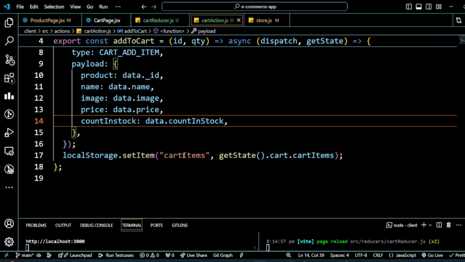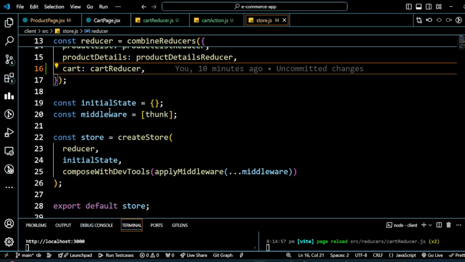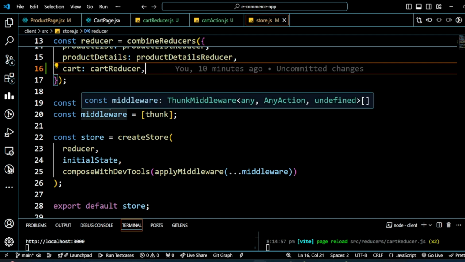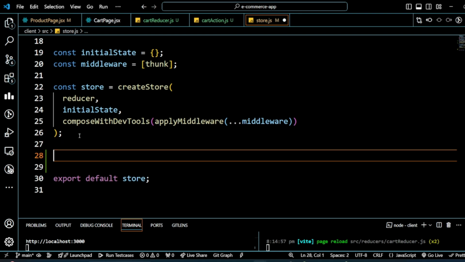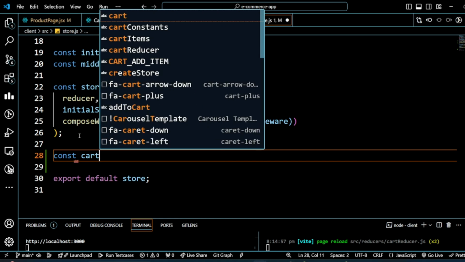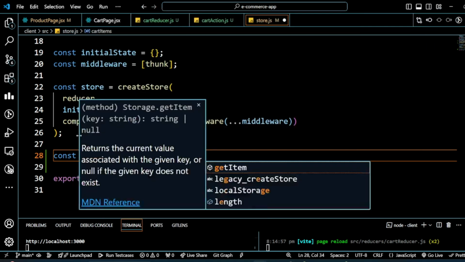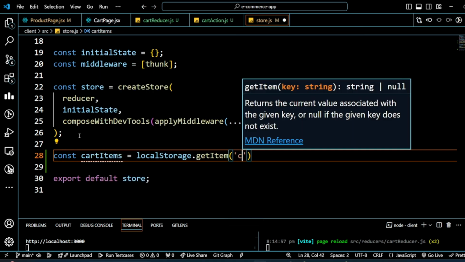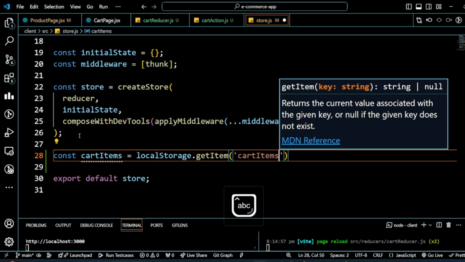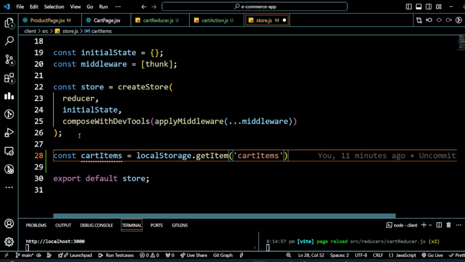Okay, but before that we have to design our local storage. So let's go back here. Hope you understand what local storage is here. It just temporarily stores the data in the browser. After that we can design our local storage here. const cartItems equal to localStorage. This time we will getItem by the ID. If you remember the ID, it is cartItem. So if it is present only, and it may not be present every time. So if it is present,